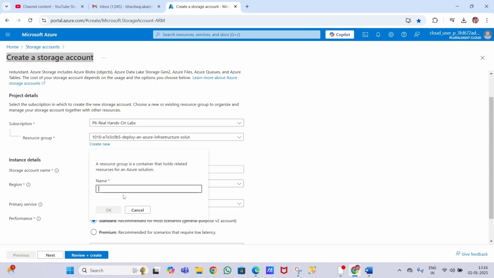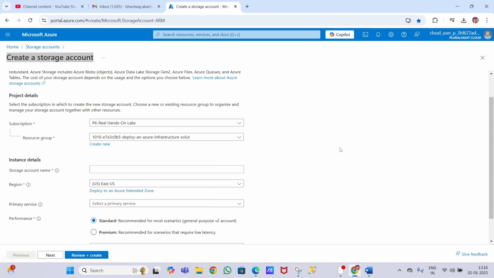You will click on new, and if your name is Akash, then you will write Akash. Here it is saying you do not have permission to create a resource group under this subscription ID. That means this portal is given by my company, so I don't have access to create a new resource group, but you can create your own. Once you are using your new subscription, then you can create one, but I can't.